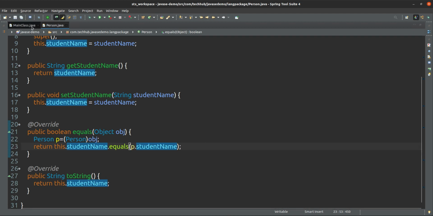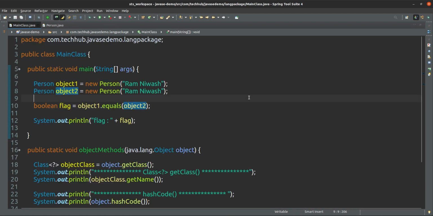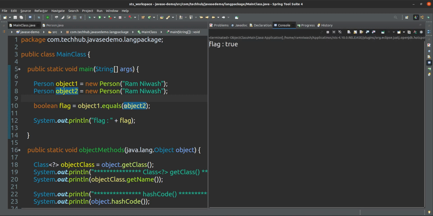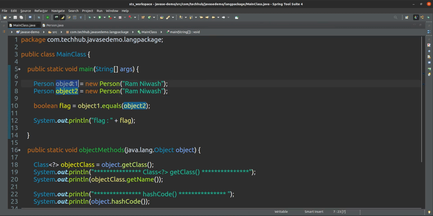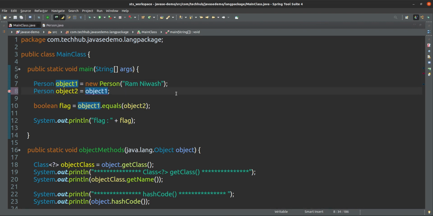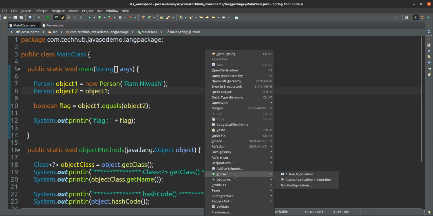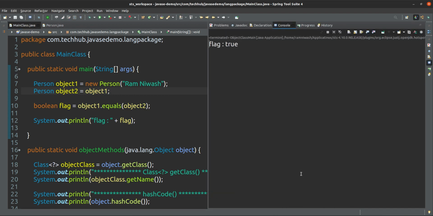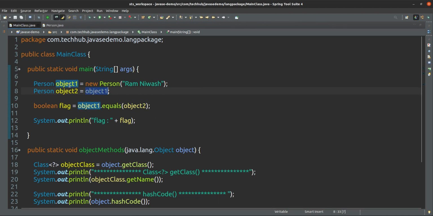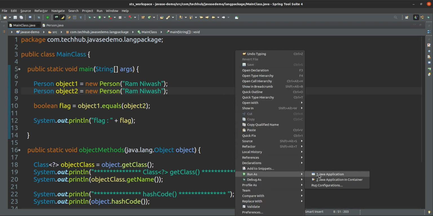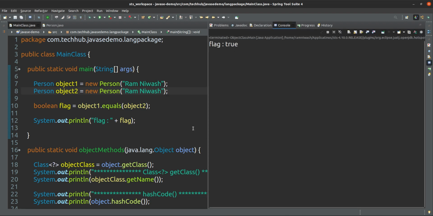So now you will see what the output will be. It will become true. Yes, now this also is true, this also will become true. No issue. And this also will become true, because even if you are creating a new object with the same value, it is still considered the same object only.